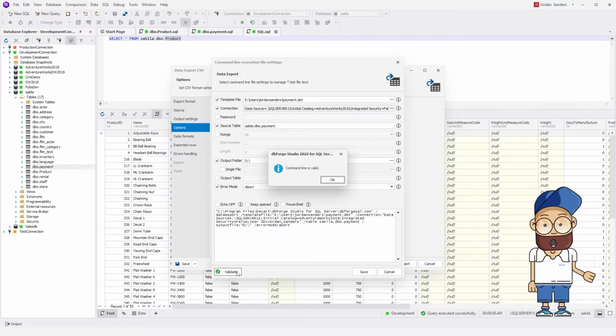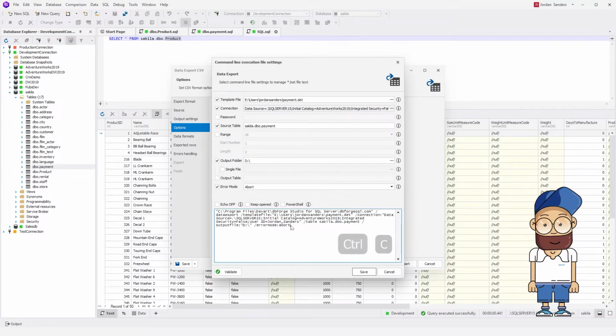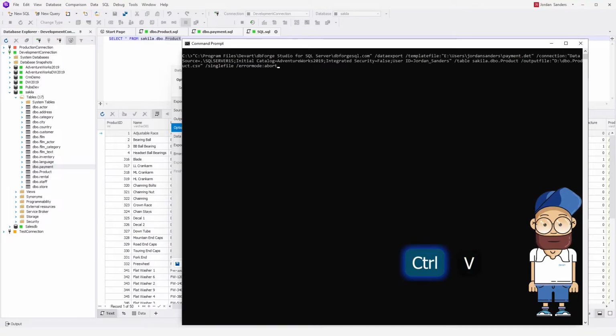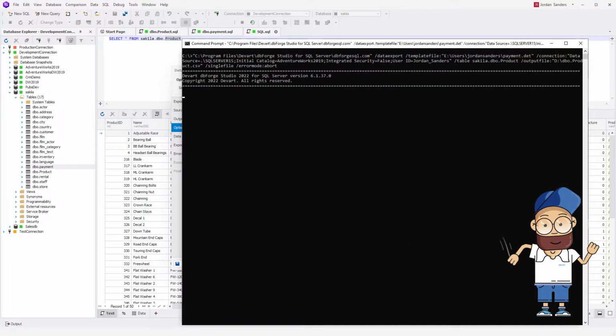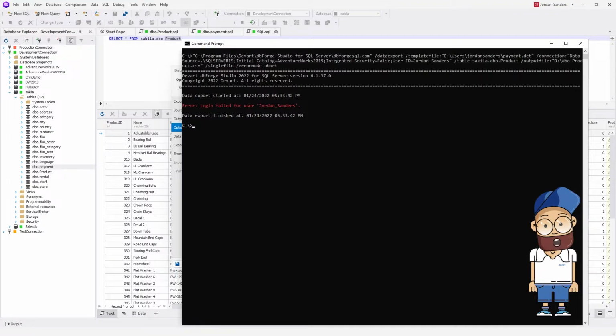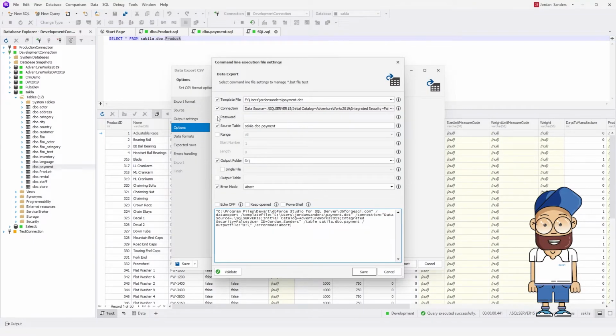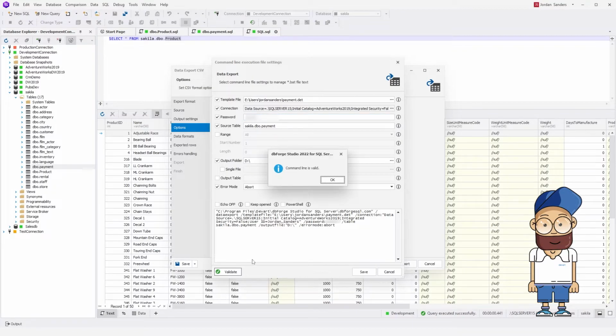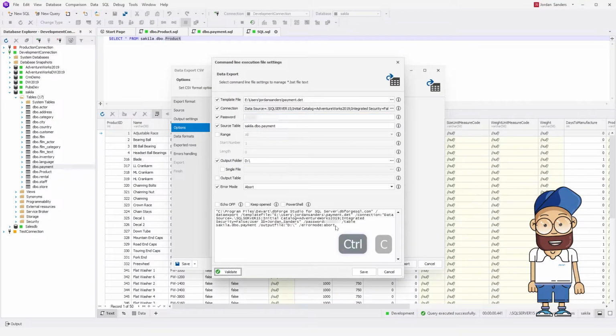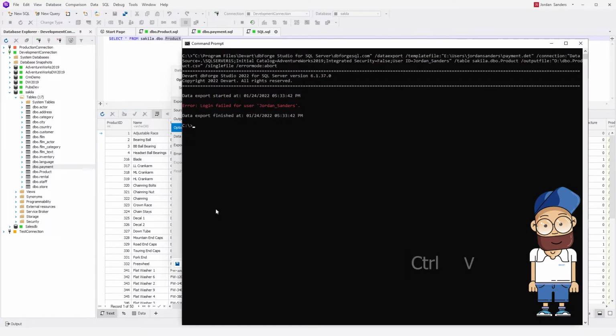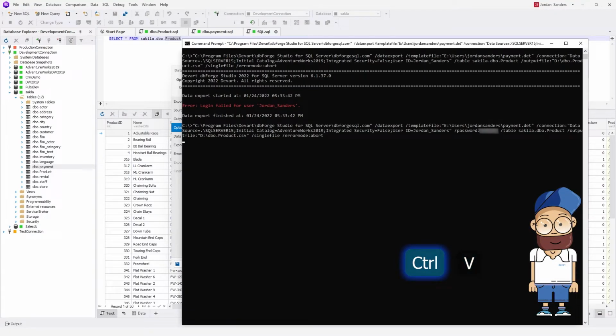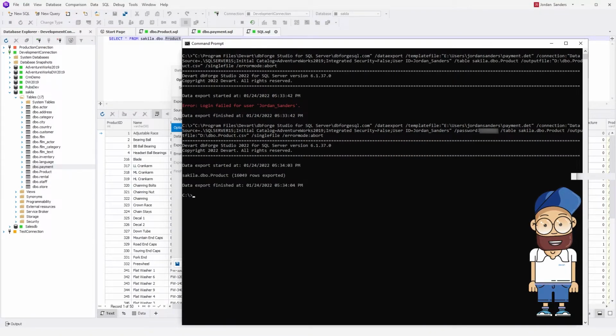Now the command line is valid. When running it in the terminal, we receive an error. Access denied. Go back to the command line wizard and in the password field, set a password to access the database. Click Validate to make sure that the command line is correct. Now execute it in the terminal. We see the export has been completed successfully.